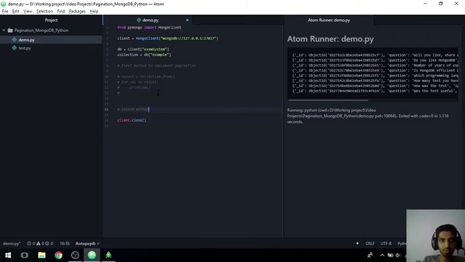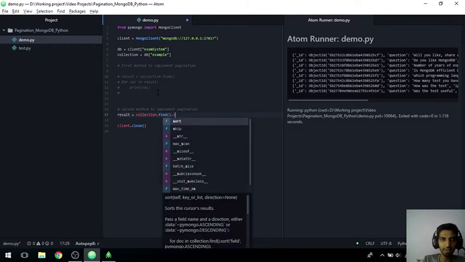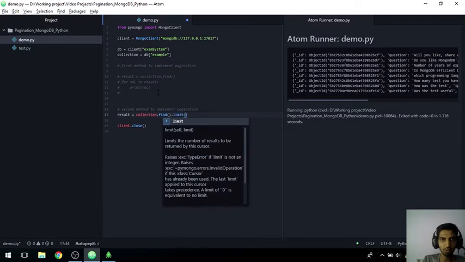So the second method to implement pagination. Now result is equal to collection.find. This method will give us all the objects stored in the collection. Suppose we want only the first 2 records, then we will write limit(2).